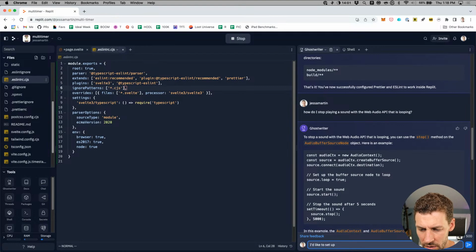I'd like to set up ESLint, prettier, and TypeScript all working with a SvelteKit Replit.